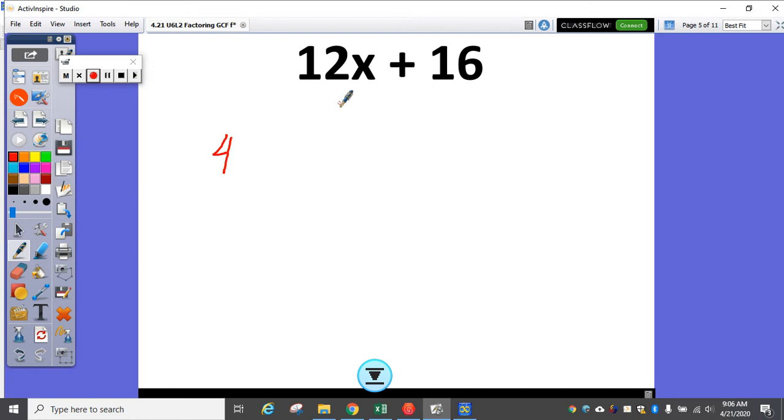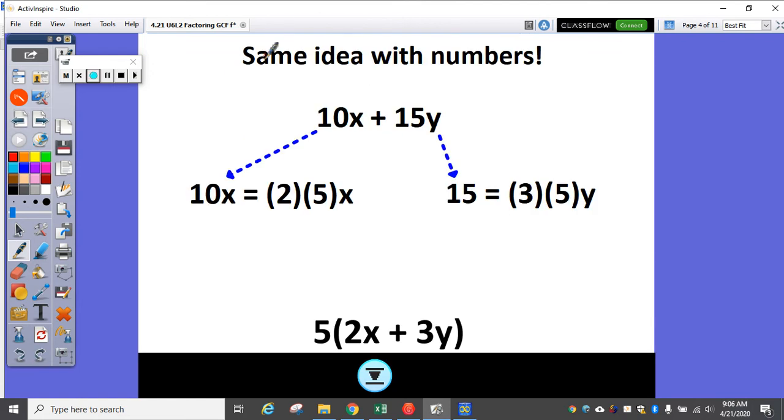And then we're looking at the variables. This one has an x, this one does not have an x. So I cannot take an x out. So the only thing that these two have in common is a 4. So now I want to find, what do I have left? Well, if you notice, if you come back over here and it said